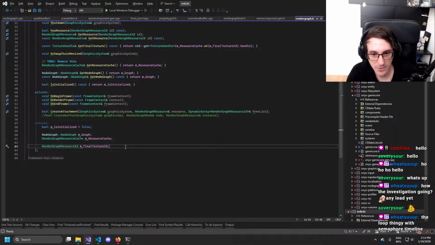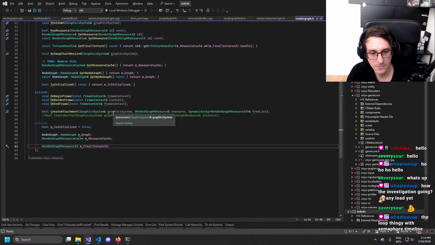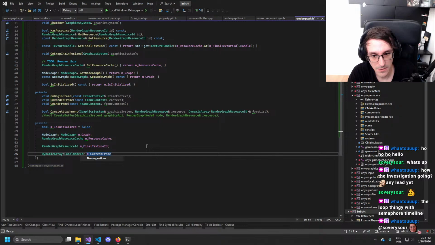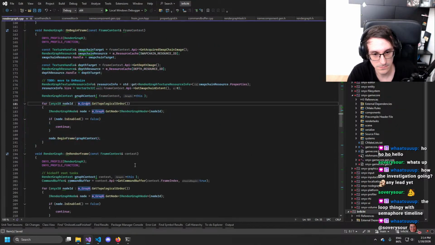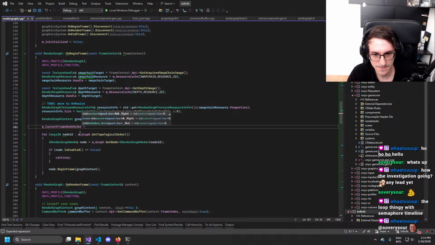Maybe I have a dynamic array of local node ID frame nodes. And then on begin frame, we do that.